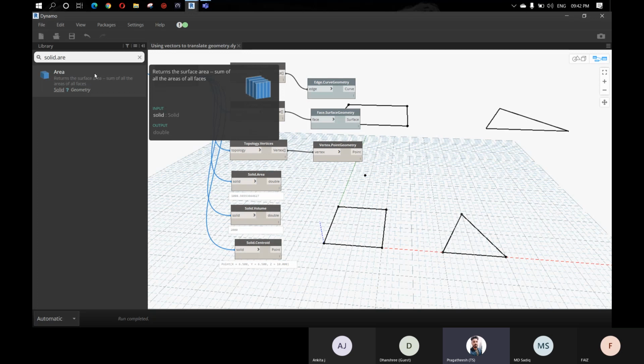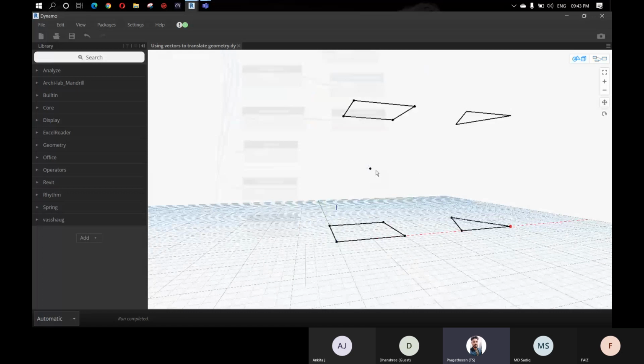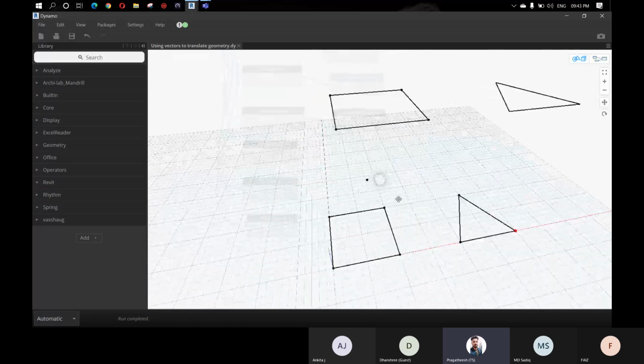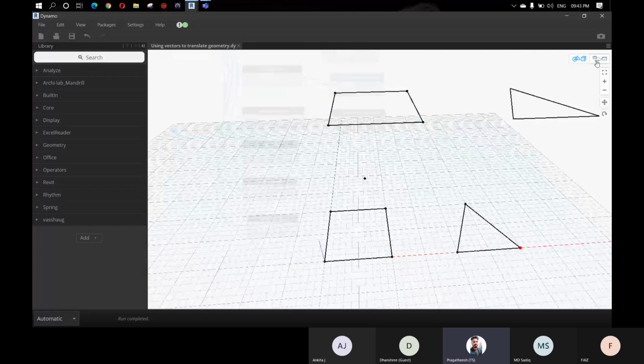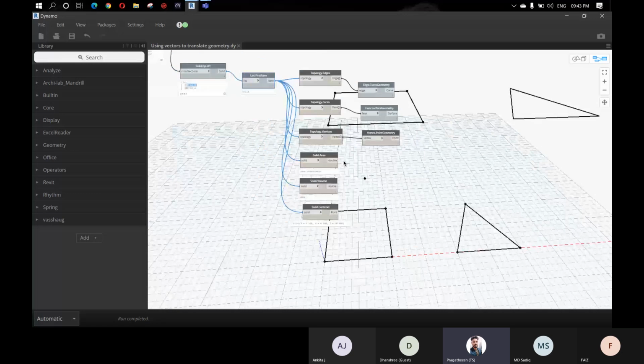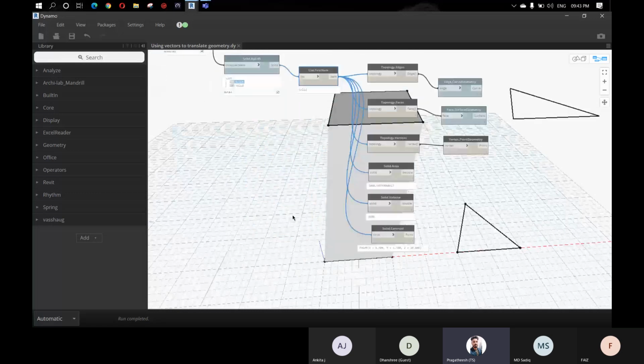So what we are seeing is the solid dot centroid. Here you can see there's a center point. We just extracted this center point. This is used to find the center of gravity of a solid, which can be really helpful for certain engineering calculations, like where to locate the crane pick point on a geometry. So these are some of the analyses that we can do with the help of a solid. Let me group these.